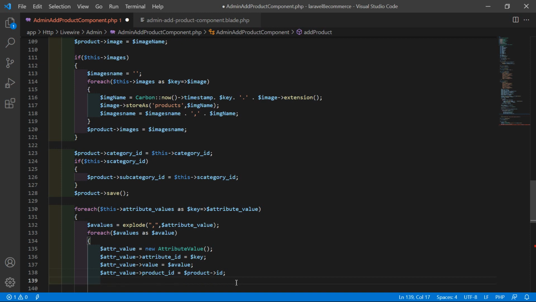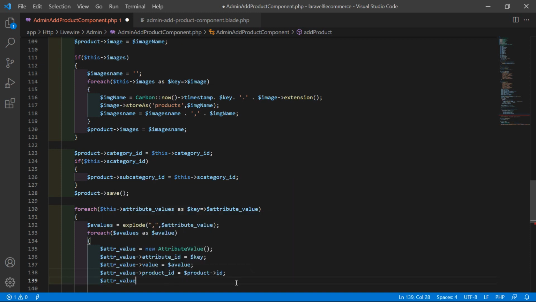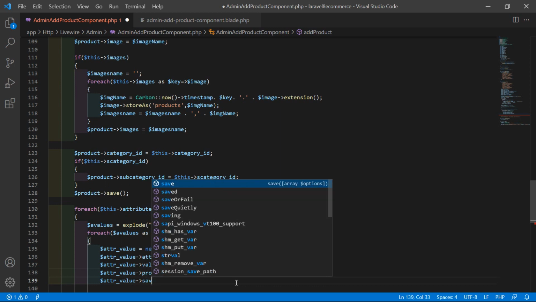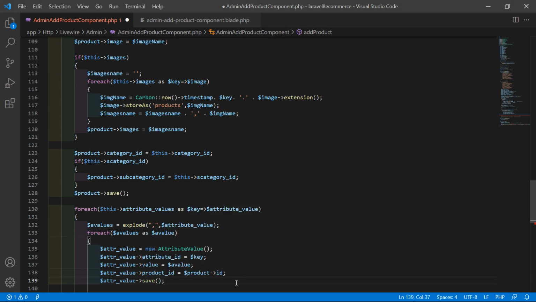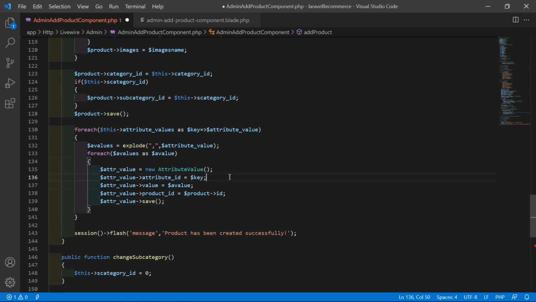And after this just call here the save method, so right here this one. Okay, now save this file. Now it's done, so